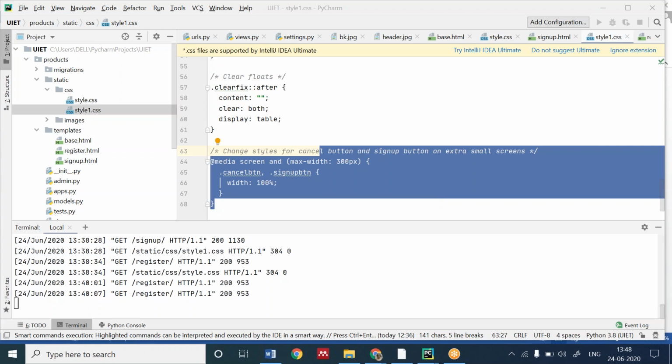Tomorrow, okay, with the SQLite database. Firstly, I will be covering MySQL, then SQLite. So it will be easy for you to make a project.